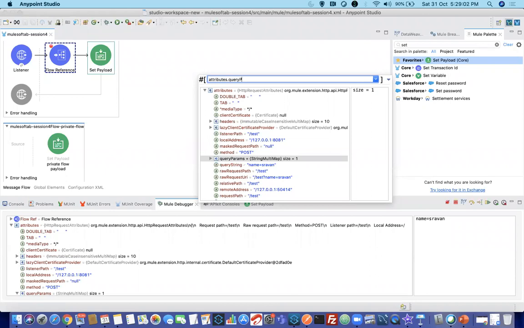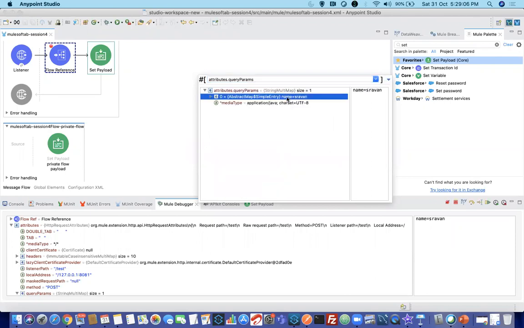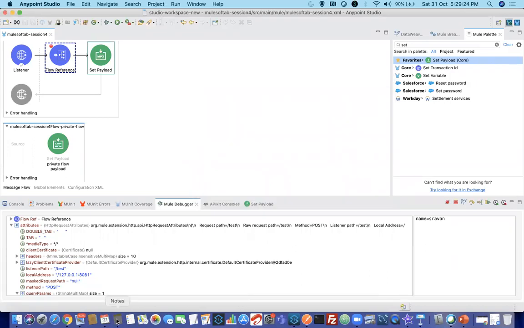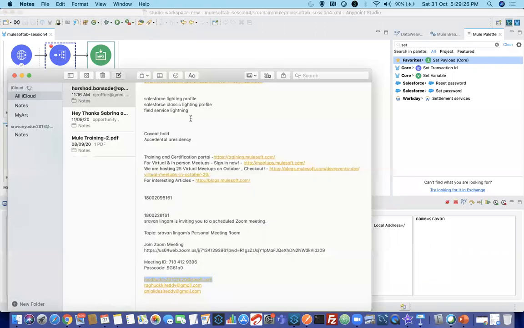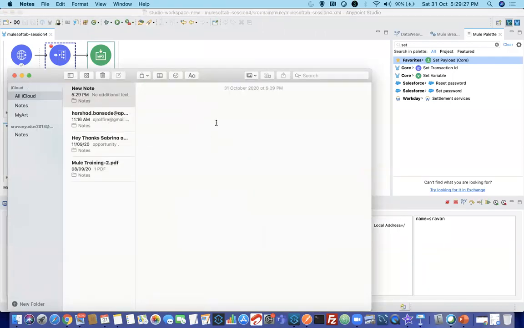Okay. Query params. When you click enter, you can see something called name. You want to extract that name, right? You want only Shravan. So what you will do, you will say dot name. In that way, you are getting Shravan. So what I will do is I will copy this and save it somewhere in my notepad. I'm keeping this aside because I want to write my syntax at a later point of time.